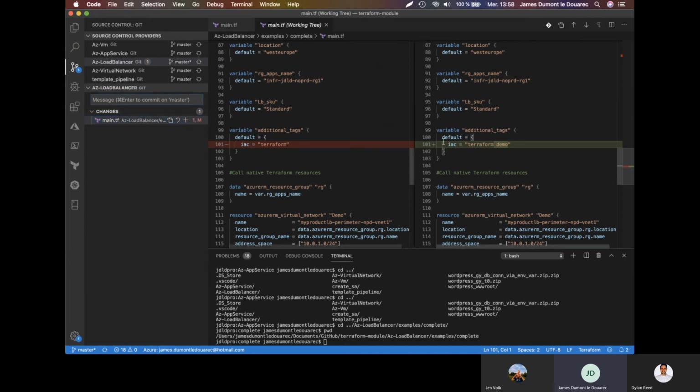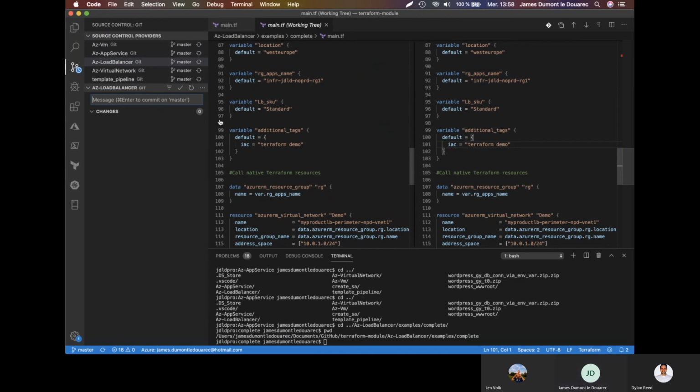So it will identify that there is a change in my code, and it will test it. It will test that it works. So we just say add tag for demo. Then push. So I just pushed my code.